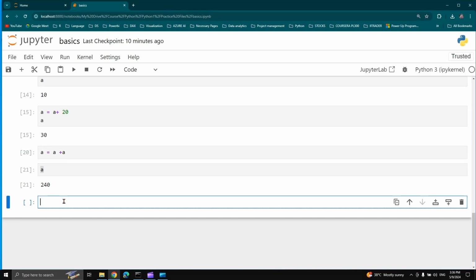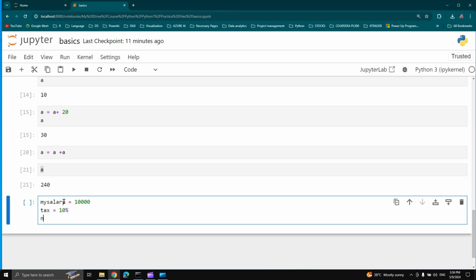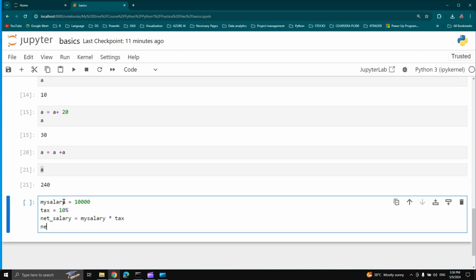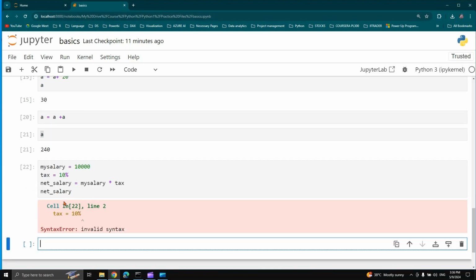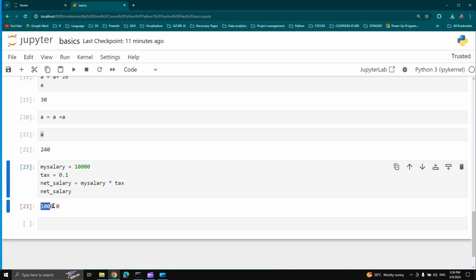Let us understand a few more variables. For example, I receive a salary of maybe 10,000. I might need to pay a tax of 10%, so I'll write 10%. Suppose I want to find out the net salary. The calculation would be my salary multiplied by tax, right? Instead of mentioning 10%, you could mention it as 0.1, right? And if you execute, you could see the net salary is